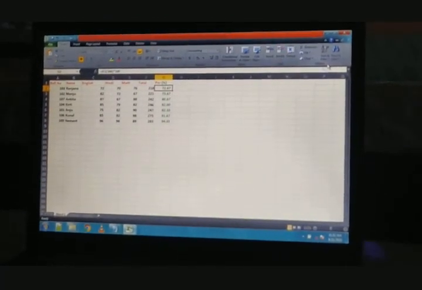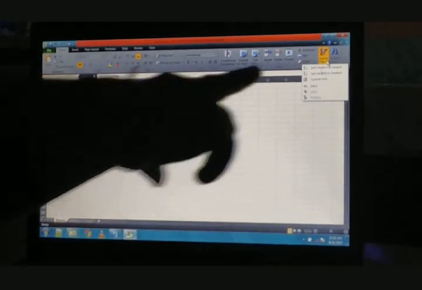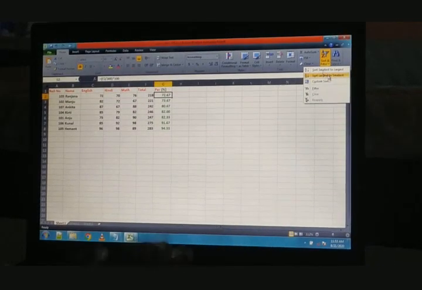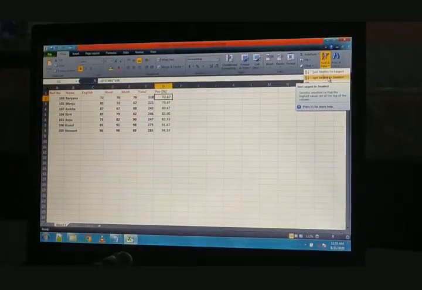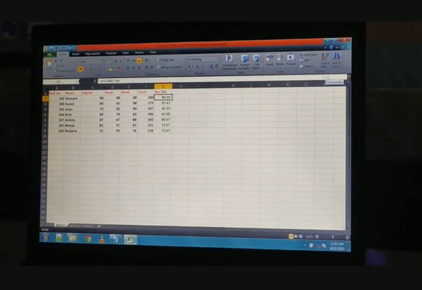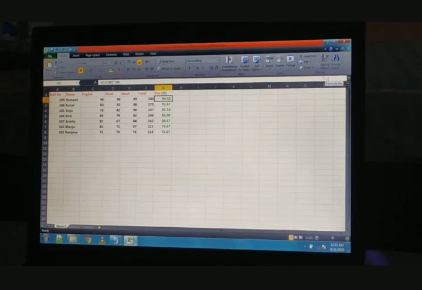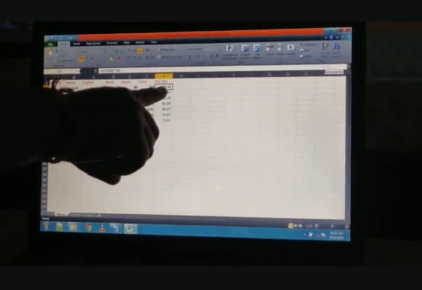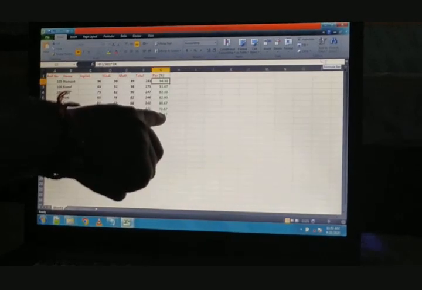Now if we want to see the highest percentage on the top and the lowest percentage at the bottom, we have to sort from largest to smallest. So we click on the sort largest to smallest option, just like that. Now you can see that the highest percentage has been displayed on the top, and the lowest percentage record is displayed at the bottom.